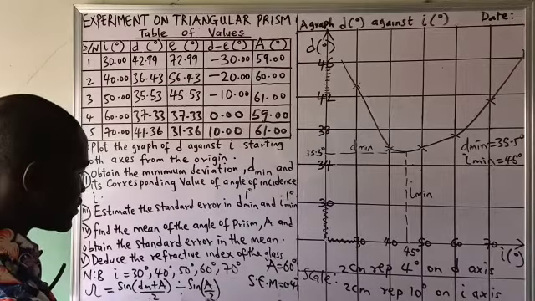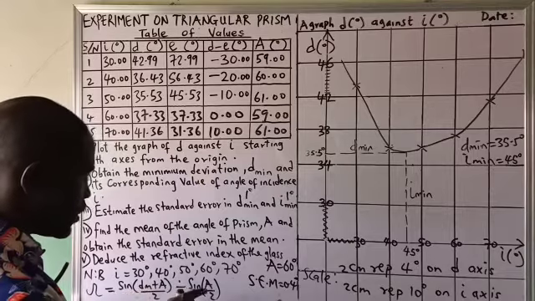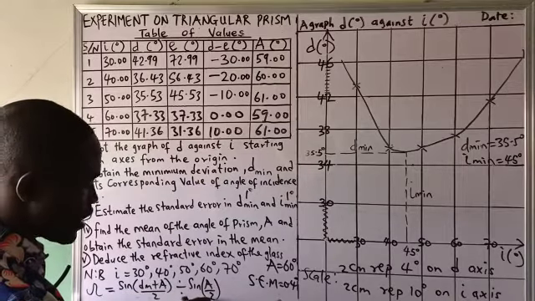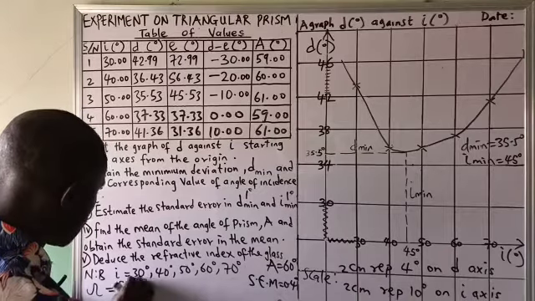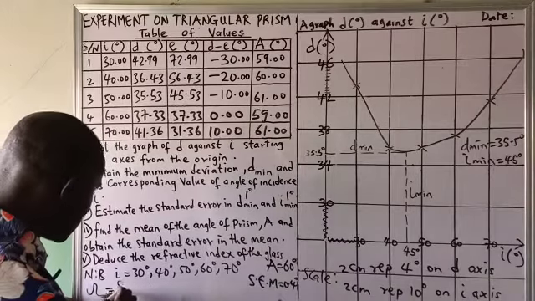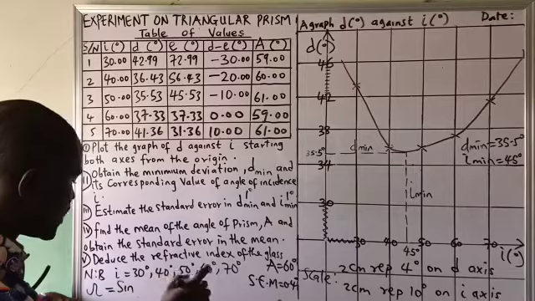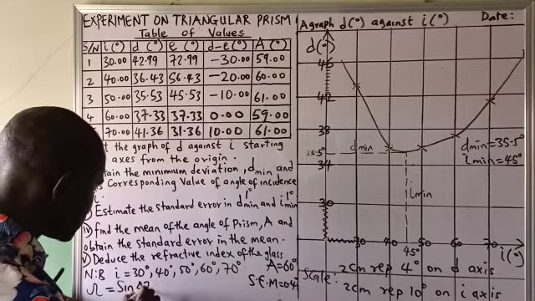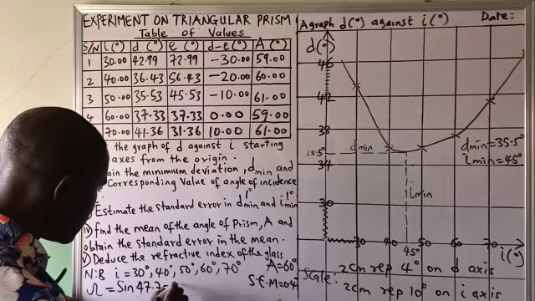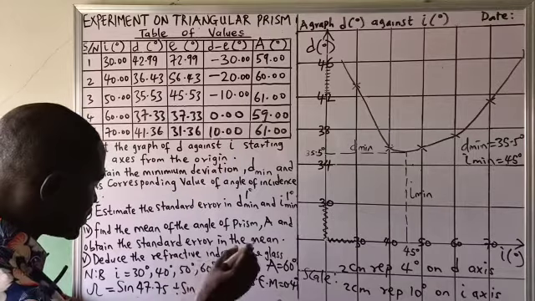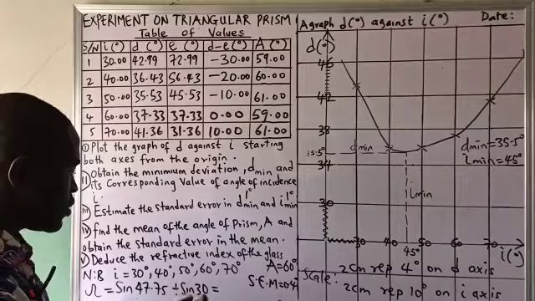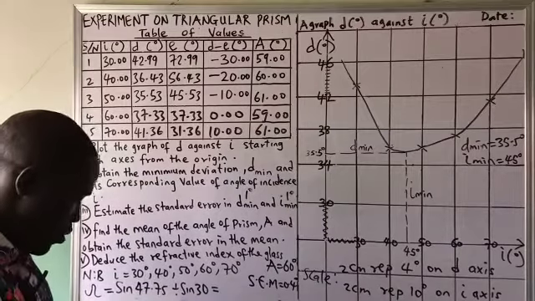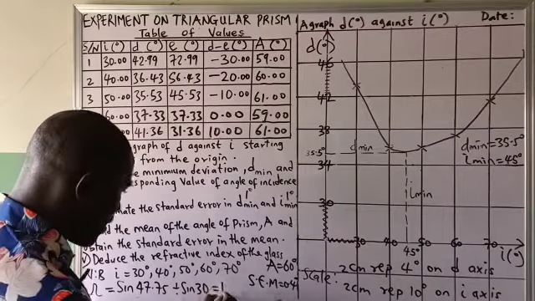That will be giving us 47.75. Then 60 over 2 will be giving us 30. So we now say sine of 47.75 divided by sine of 30 will be giving you what? Approximately, when you press it in the calculator, it will give you approximately